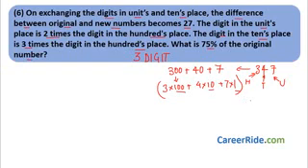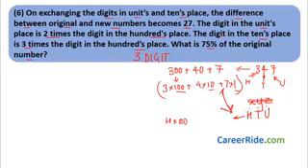So let us assume that our 3-digit number is X, Y and Z. This is the hundreds place. Instead of X, Y, Z, let's keep it easy and take H, T and U. So this is hundreds place, this is tens place and this is units place. Let us express this number in this format. H into 100, just like we had 3 into 100. So instead of 347 we have HTU. So we'll have H into 100 plus T into 10 plus U into 1. This is our original number.